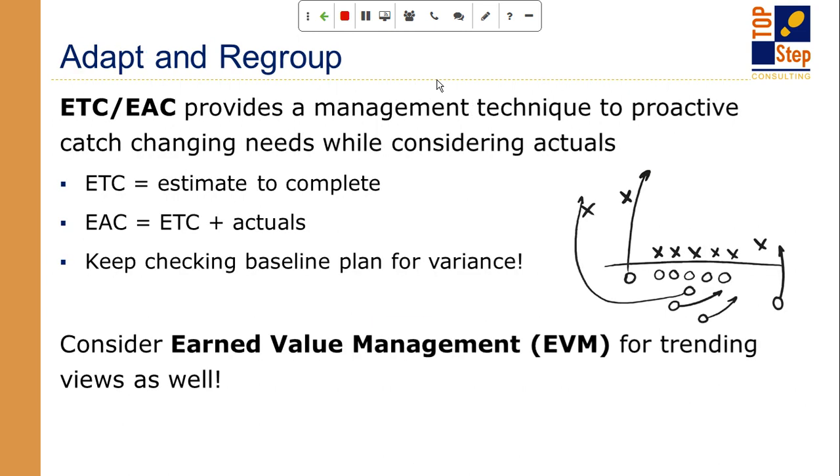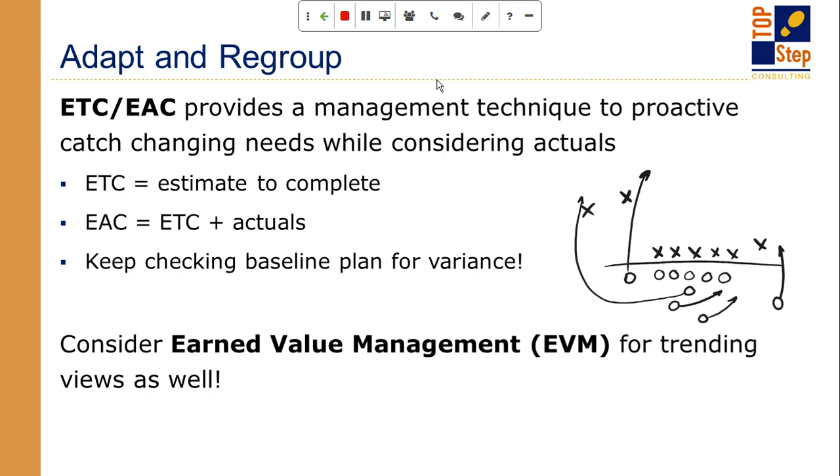And then there's the adapt and regroup measure. So the adapt and regroup measure is, okay, how do I know where I'm at? How do I know where I'm going? And how do I know what I need to take action on? ETC and EAC are two adapt and regroup metrics that you could take a look at. These are sort of game changer metrics that you want to measure against what you're running and how you're running the play or the battle plan, so to speak, and how you're going to continue to move things around, shift things, understand where you need to flank or versus not.